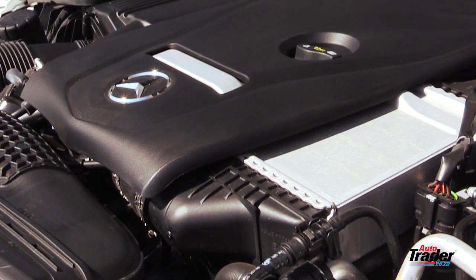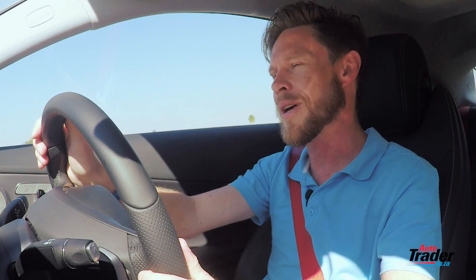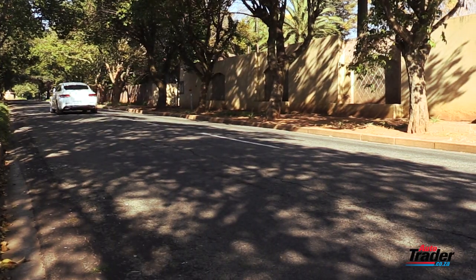Motor-wise, well, that plays less and less a role in modern vehicles. These smaller motors are considerably more efficient but still offering adequate power. The C200 that we're in here has a 2-litre 4-cylinder turbo petrol motor. Makes 135 kilowatts, 300 newton meters of torque. So it's not going to win any races, but it's more than enough to enjoy the sporty nature of this coupe. It'll also return figures of around 7.1 litres per 100 when driven cautiously,